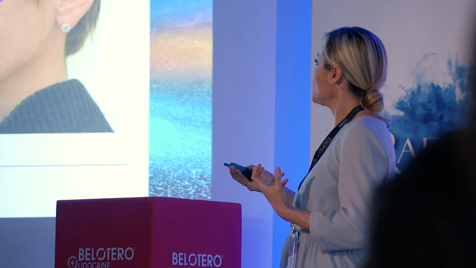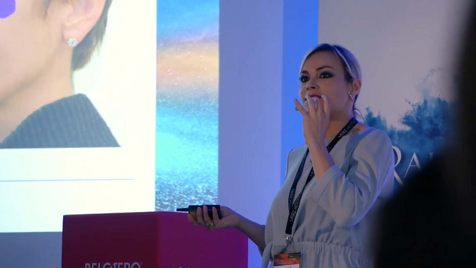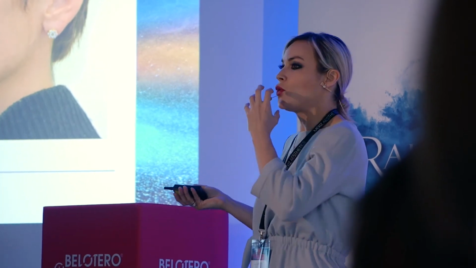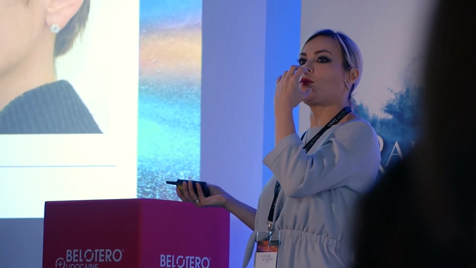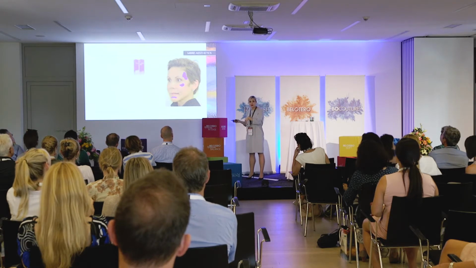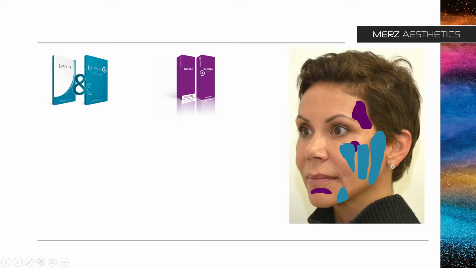And also I injected some volume on her labiomental crease because with aging you can see that the chin is shortening and is losing projection, and it also rotates. It's rotating upwards and backwards. So to make the chin rotate again, like in the young face, downwards and backwards, I injected some volumizing filler here. And then Radiesse, as in the previous case, and the Intense,